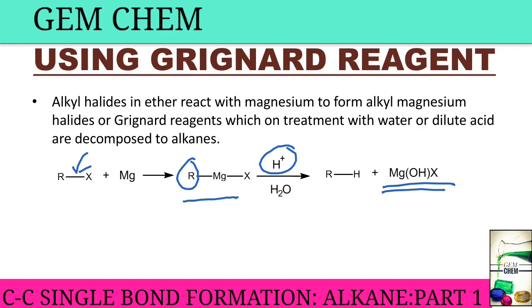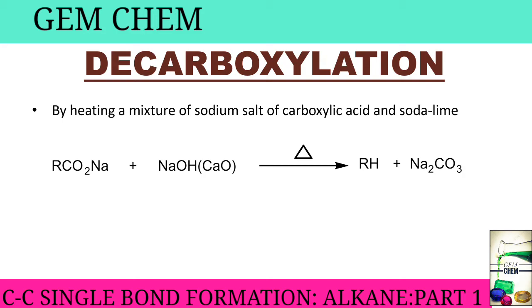Now we will see another method, that is decarboxylation. This is a primitive method and we all know it. Just a revision for this case. By heating a mixture of sodium salt of carboxylic acid and soda lime, we get this. Soda lime is NaOH and CaO. RCO2Na, a sodium salt of carboxylic acid, reacts with NaOH and CaO. We get RH and Na2CO3. Heating prefers decarboxylation. But in all cases decarboxylation is not possible. We will also see this in later cases. Now let us see